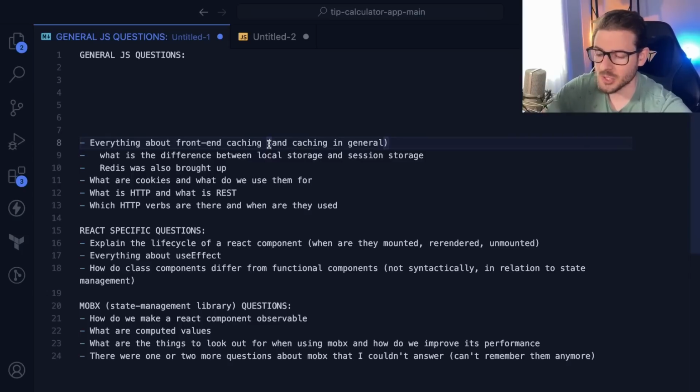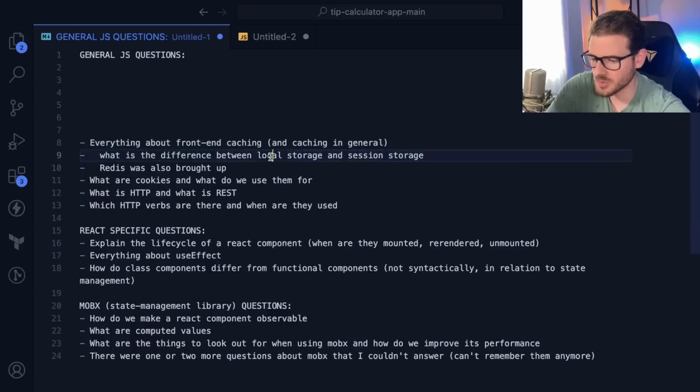But at the same time, it's a trade-off, right? Because now your users are dealing with stale data, and some systems have to be live, right? You can't show a table with a bunch of old data, and then after 3 seconds, it just changes on your users. So it really depends on the use case of when you should be caching stuff. But that's kind of an overview of the different things that you can cache. I'm sure there's a bunch of stuff I didn't even talk about, but what is the difference between local storage